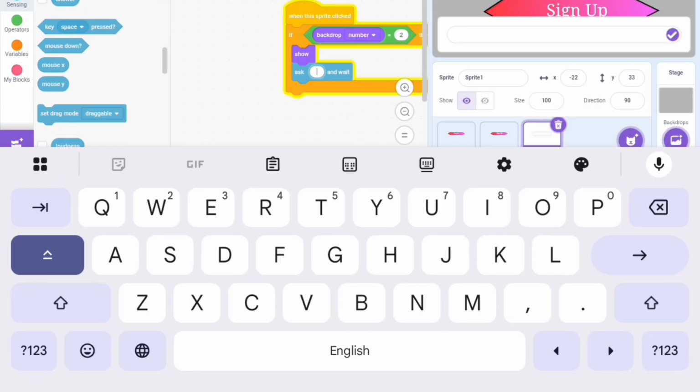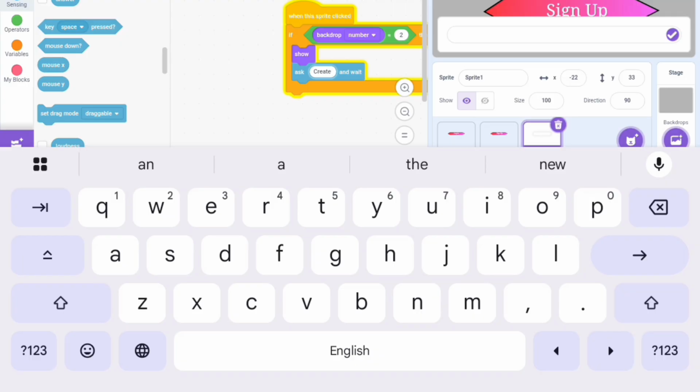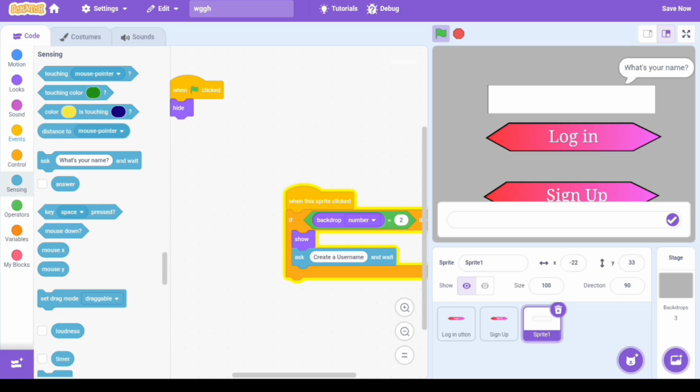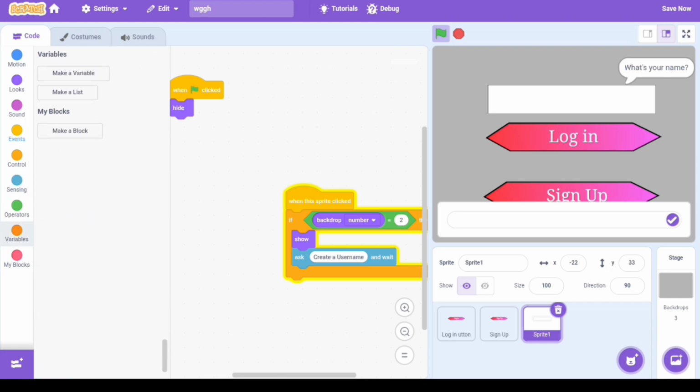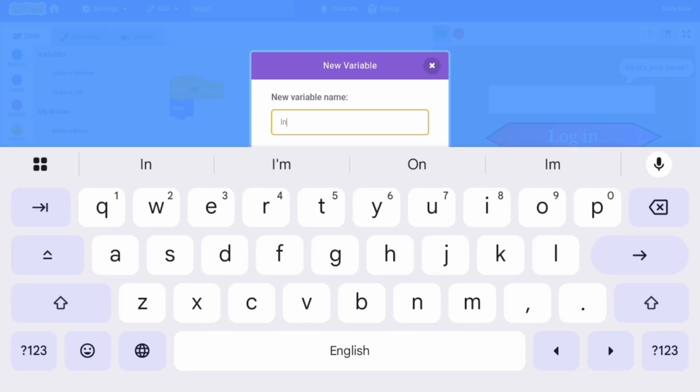Add it here. So now we're gonna do some code. So when this sprite is clicked,